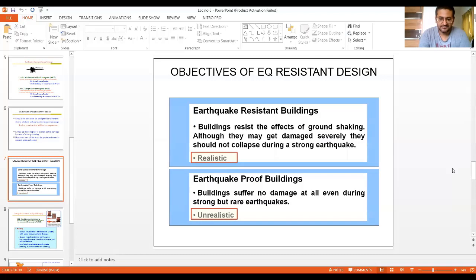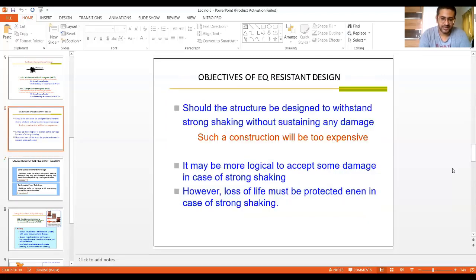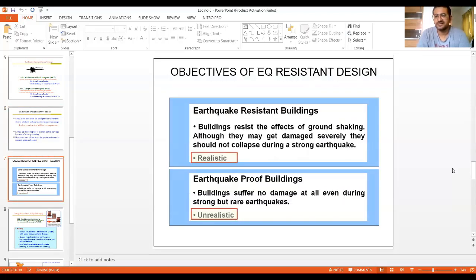So we can classify the above discussion or argument into two categories. First is earthquake resistant buildings, and second is earthquake proof buildings. Right? In earlier days, if you remember, there were hoardings on several real estate schemes that we have: our building is going to be an earthquake proof building. So whenever somebody is saying earthquake proof buildings, you can say that earthquake proof buildings are never possible, right?